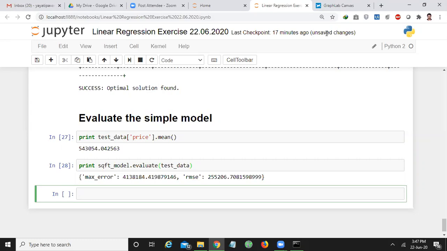Root mean square error or residual mean square error, anything is correct. Here I am considering this RMSE as the residual mean square error. Residual is nothing but the difference between the actual values and the predicted values. Both are the same.